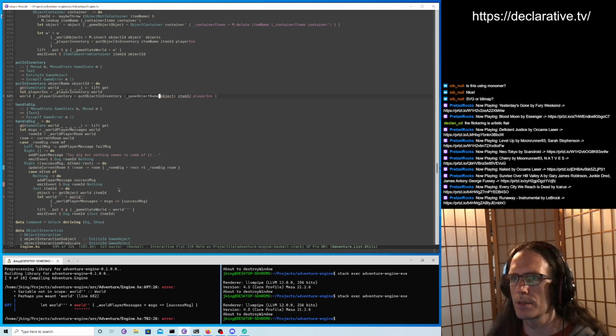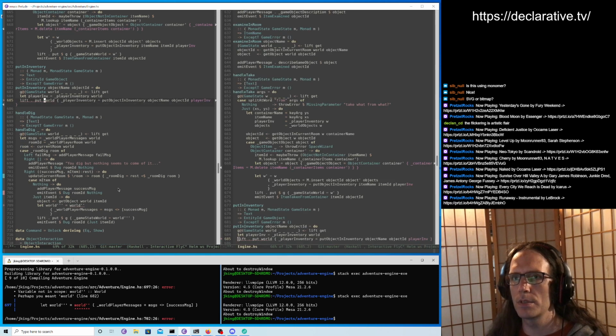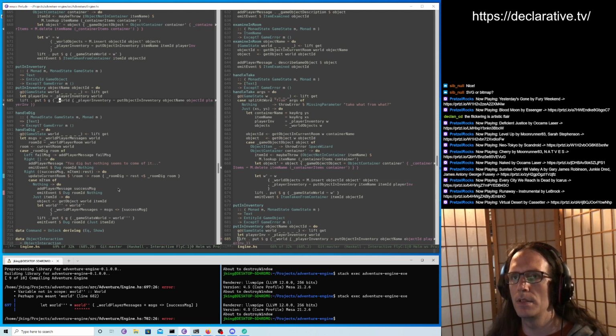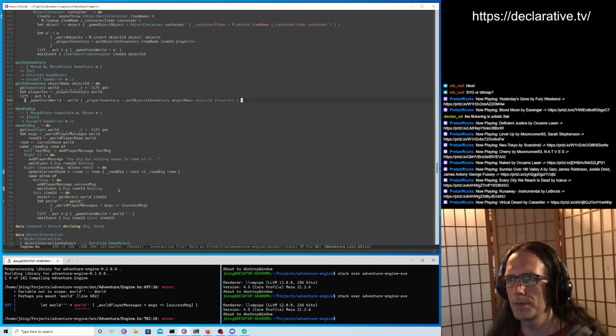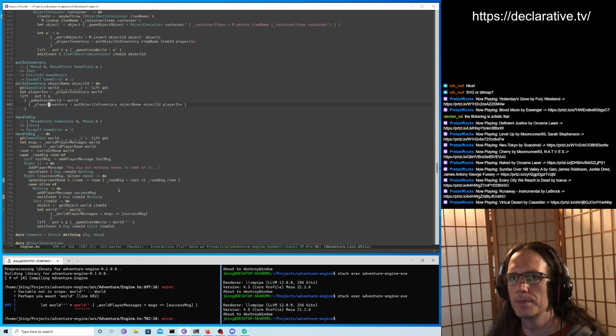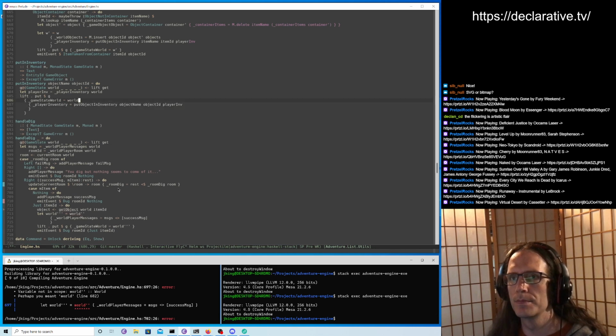We can replace this equation with just object name and object ID. And see, that's world at there. So then we just lift put G where the game state world is equal to world. Just pull that a little over to the left, just to make it a little more readable. Okay, and then